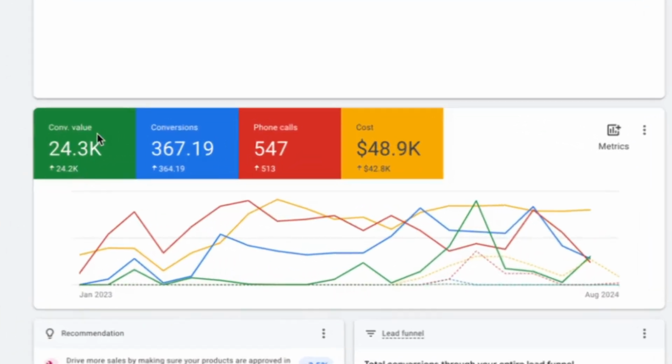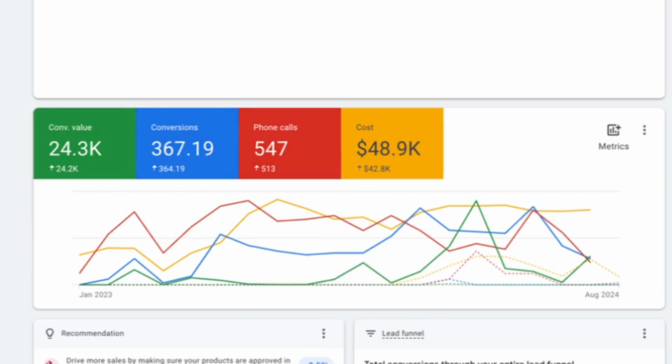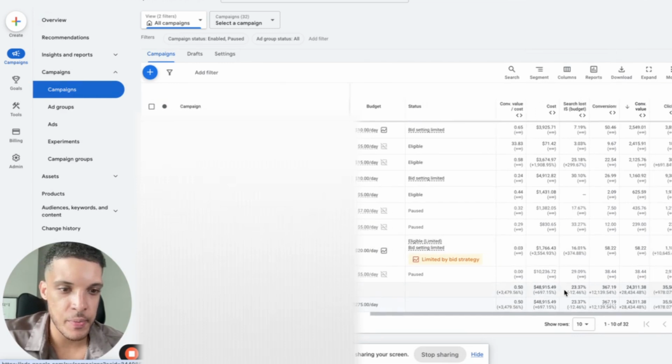Okay, as you can see here, when I took over this account, they practically had no tracked revenue. So we increased the revenue here by $24,000, increased conversions and phone calls, and scaled the account after I took it over, from the date range of January 9th to July 24th. You can see spend was scaled 600%, conversions increased 12,000%, conversion value went up 28,000%, and all these positive